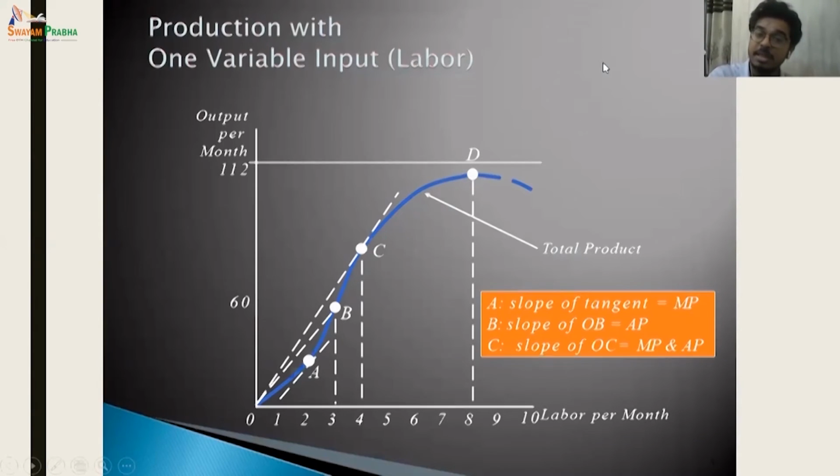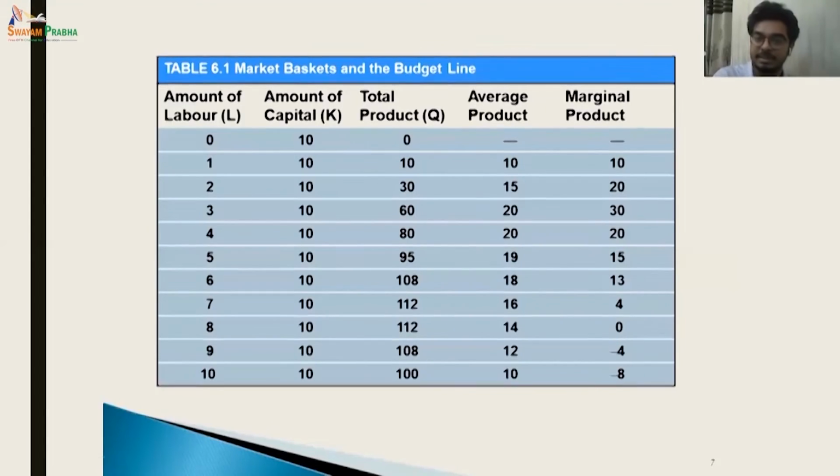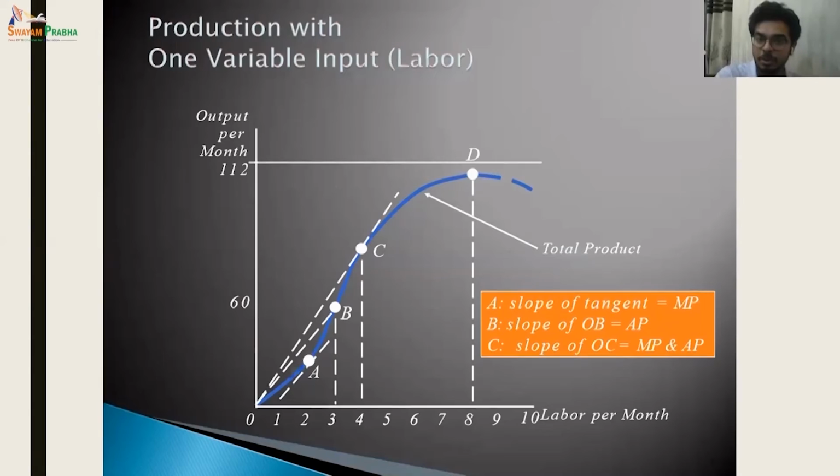So what do we see? After 60, it is increasing till 7 and 8, mostly till 8, but the amount of incremental contribution is decreasing. That is 20, 15, 13, 4, 0. And you see, till 112, that is still the 8th one, where it has remained fixed at the 7th and 8th, it has increased, but the rate of increase started decreasing.